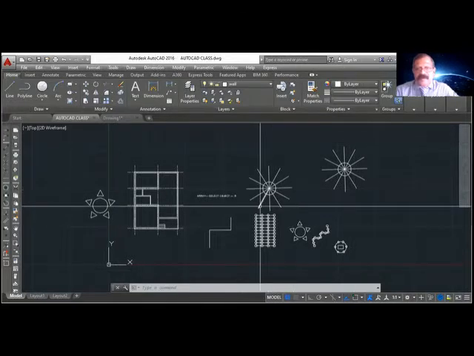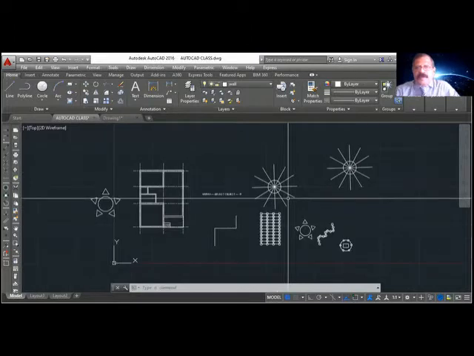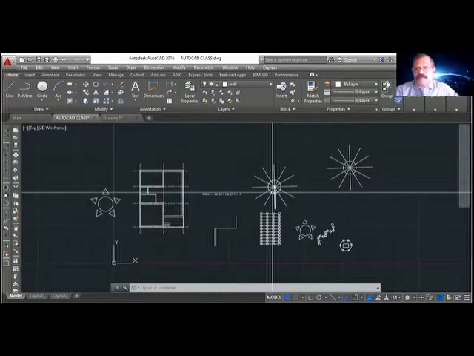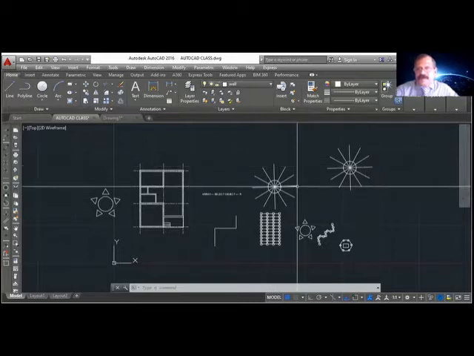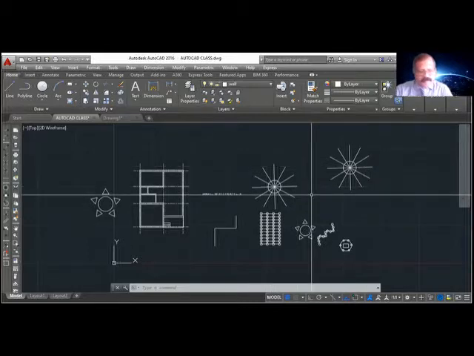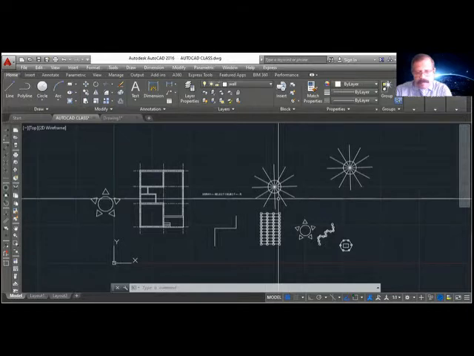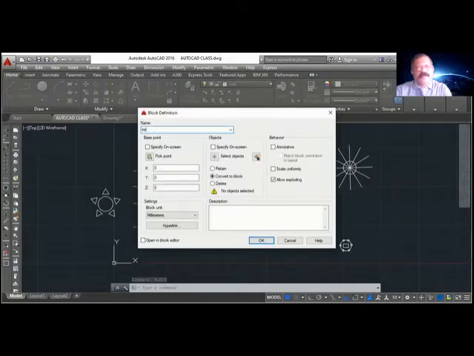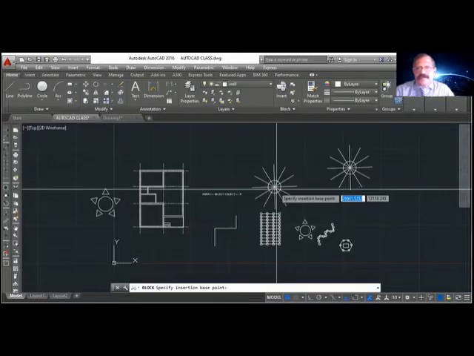Okay, so let us convert this into a block. And not only that one, when you copy an object, you get the same size. But if you have a block, you can insert in a different size. Okay, let us make a block now. Block, B-L-O-C-K. Block, enter. You have to give a block name. So I will say tree. Okay, pick point. Since it's a circle object, I will take the center of the circle.